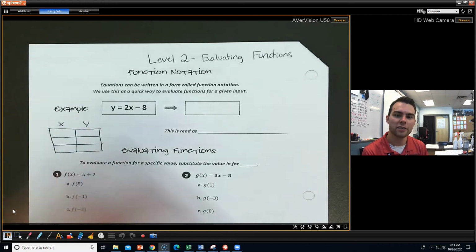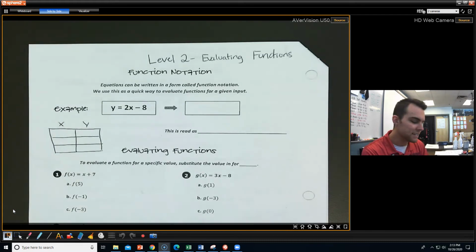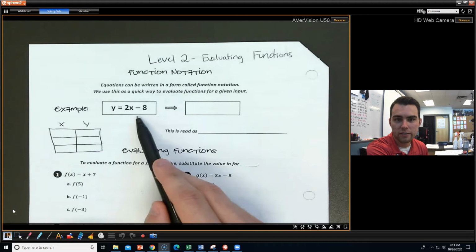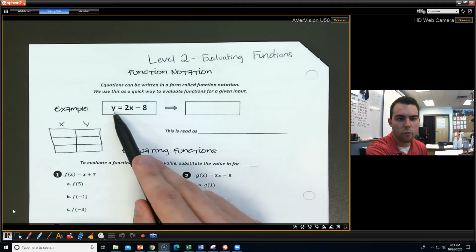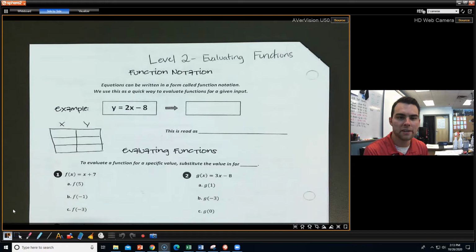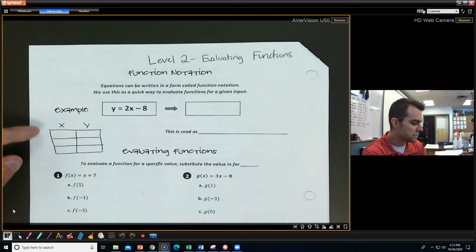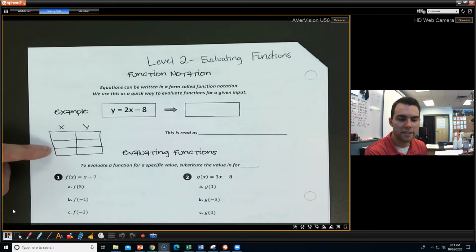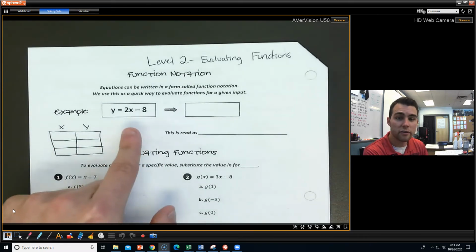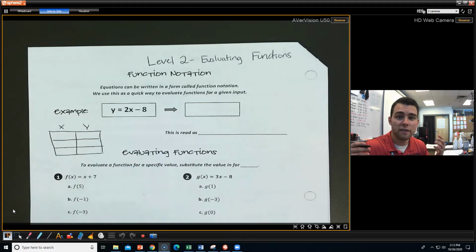So last time we looked at what a function is, we defined it. Now I'm actually going to give you a function, represented with y equals, and then something. So you probably have seen this before. You might have seen it with x and y tables, okay? So it'll give you an equation, and now you can plug stuff in for x, and it'll spit out something in terms of y. Kind of like we were looking at with how Oreos are made. It starts with an input, and then stuff happens, and then it turns into an output,